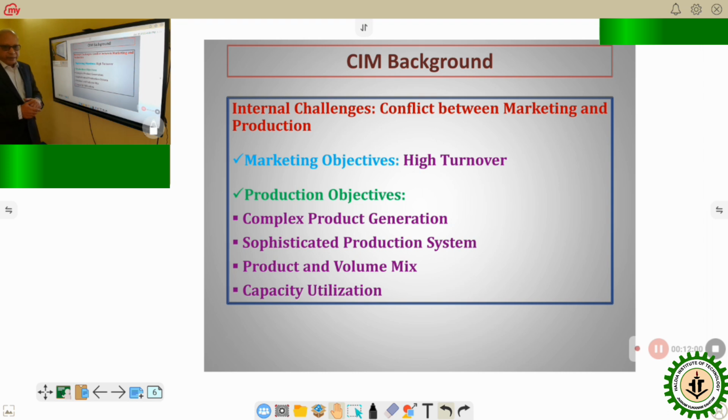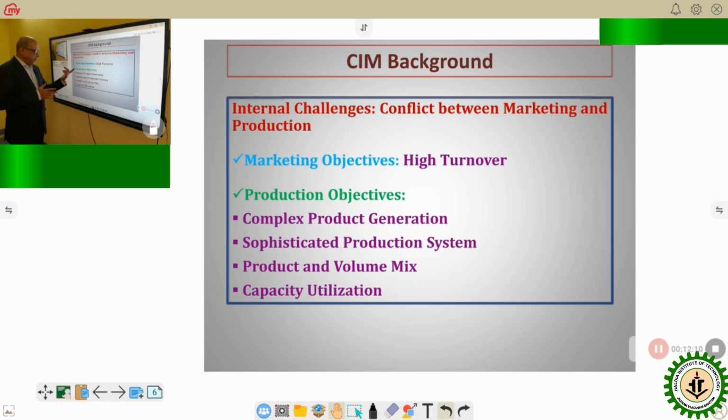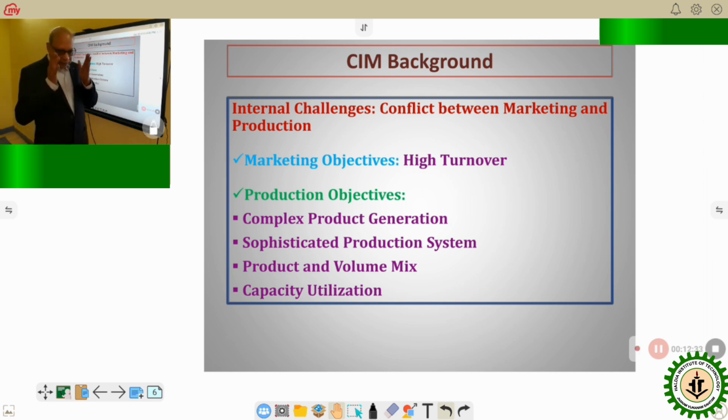Product and volume mix. Quite a good number of different product models are there, and of course their volumes will differ. We call this the product volume mix. It is easy to say and attractive to look at, but it poses a lot of complexities and challenges to the manufacturing people. So if those problems can be addressed successfully by scientific methods by the production people, they feel proud of that. Capacity utilization: the better the capacity utilization, the higher the efficiency,